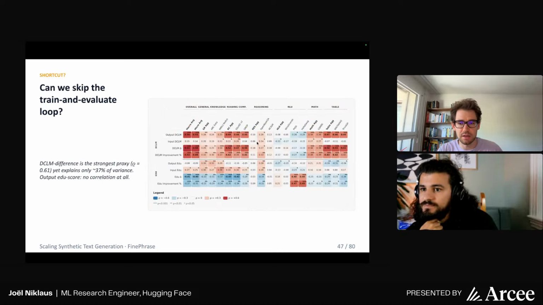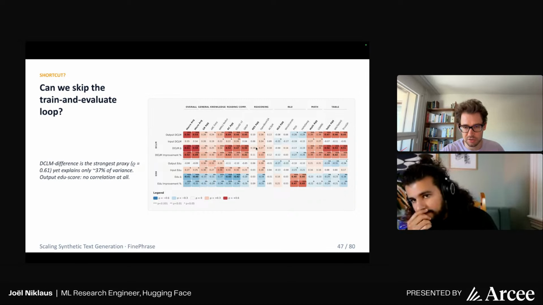And only then you still need to evaluate, right? It's quite an investment for each run. So it would be great if we could have a small proxy, like the quality filters that were used to create the FineWeb Edu or the DCLM pre-training data sets. But unfortunately, it doesn't really work that well for